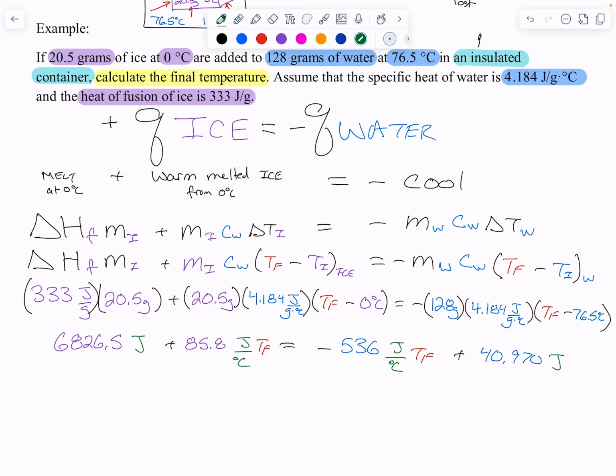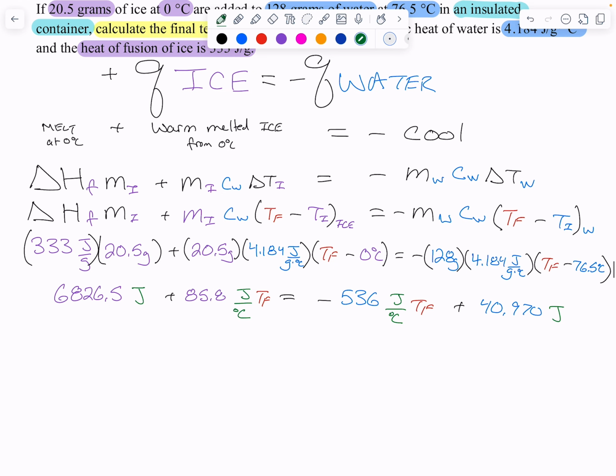All right, what do we have to do? We're going to have to add 536 joules per degree Celsius TF to both sides, which means I'm going to take this number right here, the 6,826.5, and bring it over that way. All right? And so if we add the 5,306 to both sides, I get, what is that, 621.8 or 622? And that's joules per degree Celsius times TF